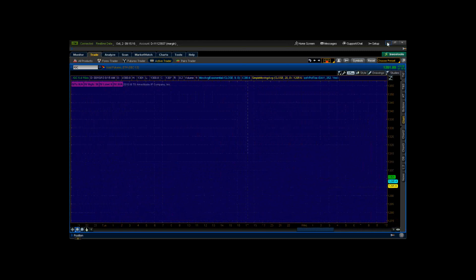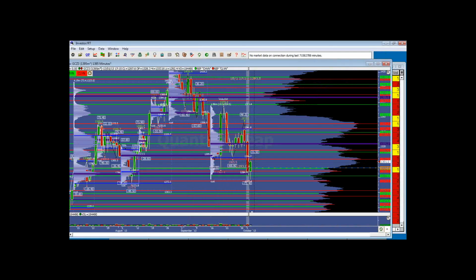So what I'm looking at on gold is we're back up above 1300. My immediate target above is this 1309.60, which is the microcomposite VPOC of the double distribution. We came down into the lower distribution in the former microcomposite VPOC, the overall larger balance and most accepted price, where I was expecting buyers to be activated. They had a little bit of a push through, but they've been activated.